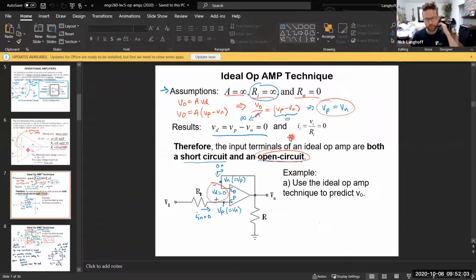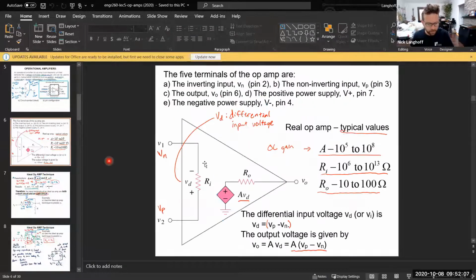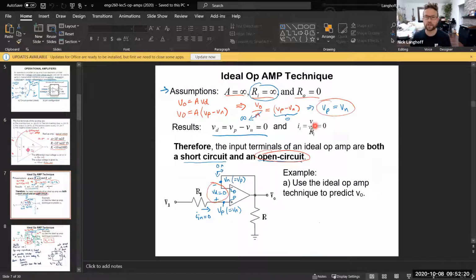Essentially, if the input impedance is infinite, in other words open circuit, no current can flow into those pins. So that's one of the simplifications. And the other is that if the gain is truly infinite and you provide some feedback path, as we've talked about,